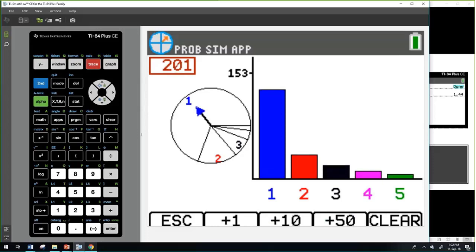So here we've got our 200 spins and the result, and we can see obviously we're going to have a lot more in that 10% discount. But what I like about this is you can actually see more what the distribution of your graph looks like. So when we were doing this problem before with that,